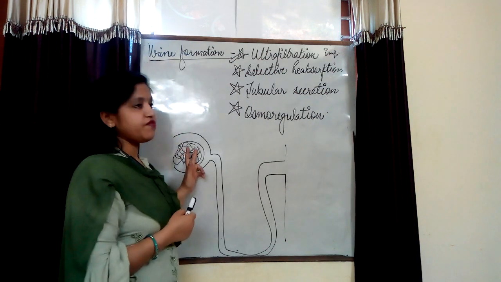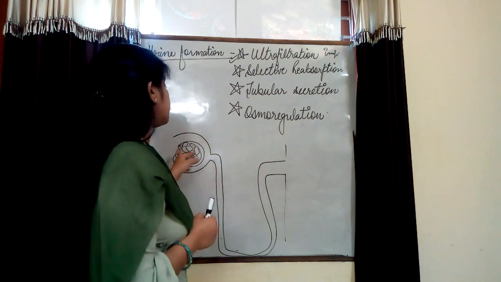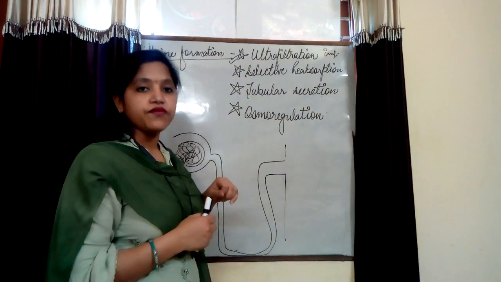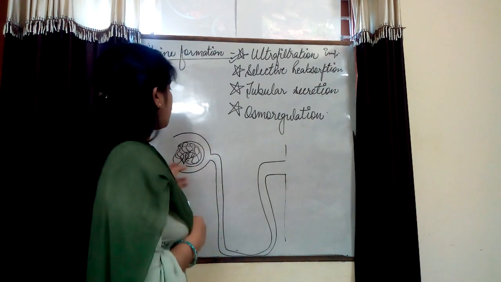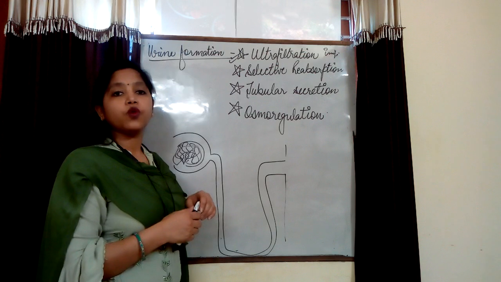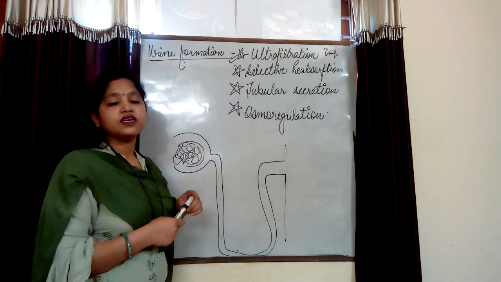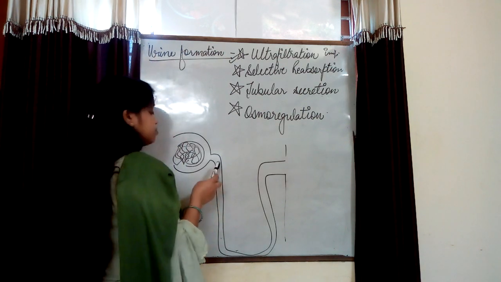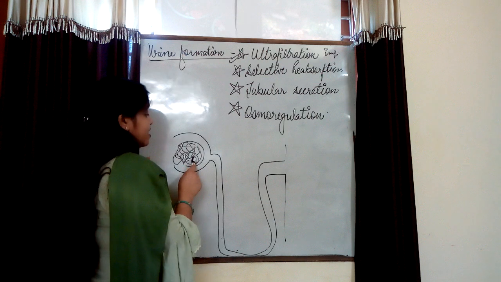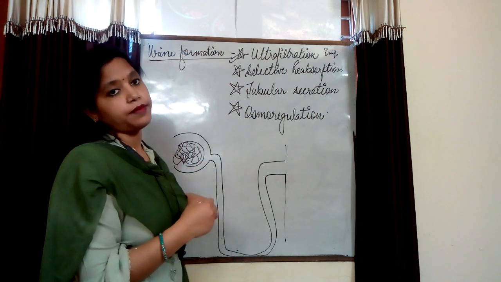And that nephric filtrate, why is this fluid known as nephric filtrate? Because the process is done inside the nephron. It is also known as Bowman's filtrate because the process is done in the Bowman's capsule, right? And the process is known as ultrafiltration. Okay, so in 2 marks it comes that nephric filtrate is squeezed out in the lumen of Bowman's capsule.